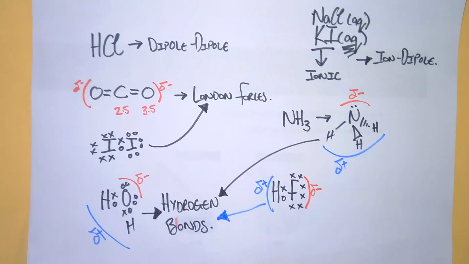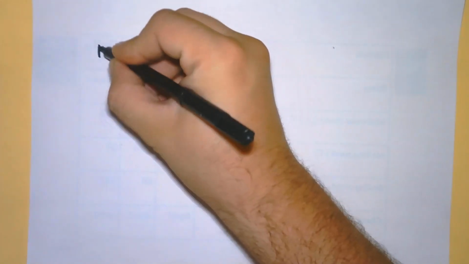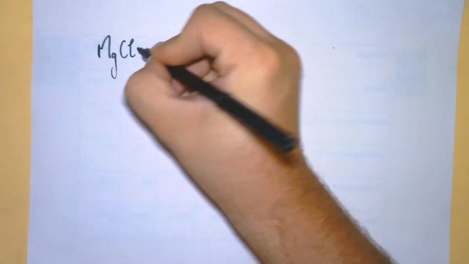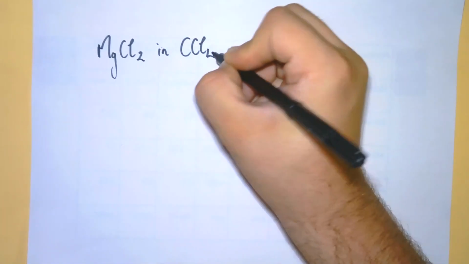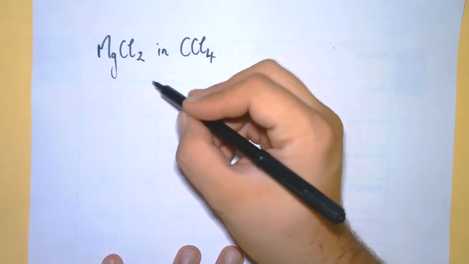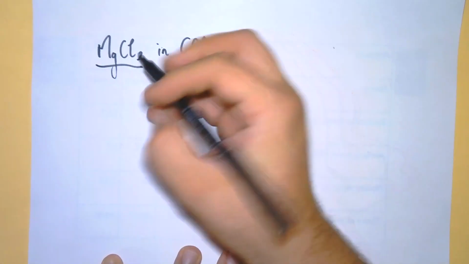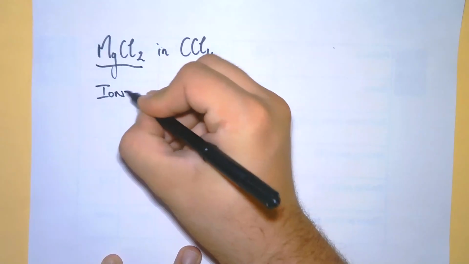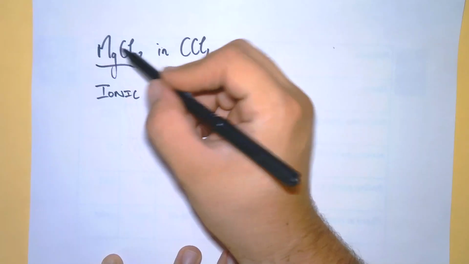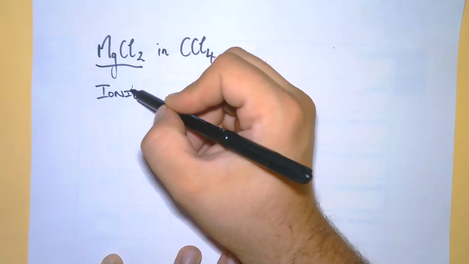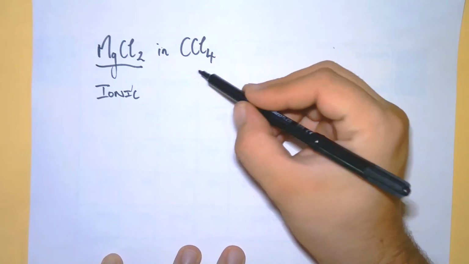Okay. Next we then have magnesium chloride in carbon tetrachloride. Okay, so when we're dealing with magnesium chloride in our CCl4, or carbon tetrachloride, then we've got a couple of things we have to take a look at. Firstly, magnesium chloride is ionic because of that rule of ours that tells us any group 1 or group 2 element bonded to a group 7 element is always an ionic substance. But carbon tetrachloride is a little bit more difficult because